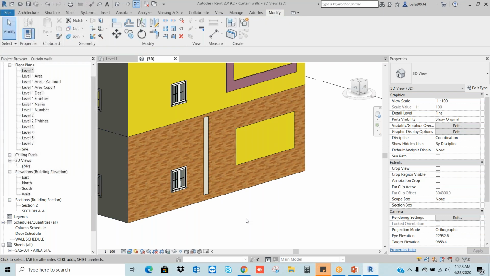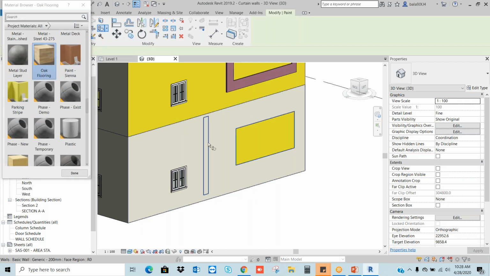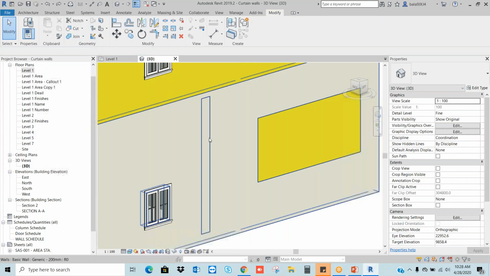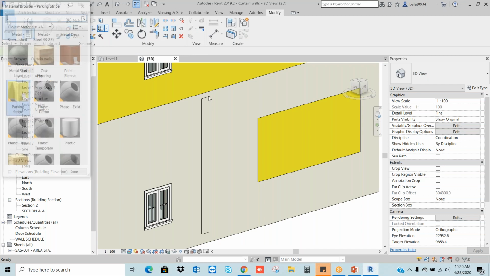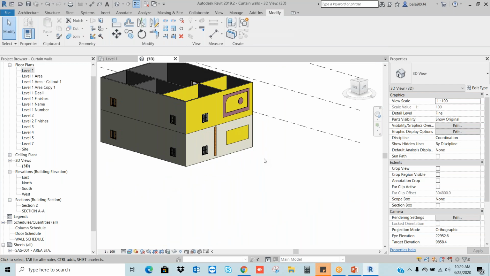Or else undo, Control Z, go to the paint. I want to give to this strip only. Select that particular strip. So selection is most important. For that, you need to understand.